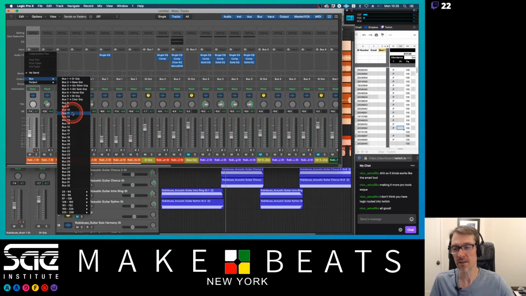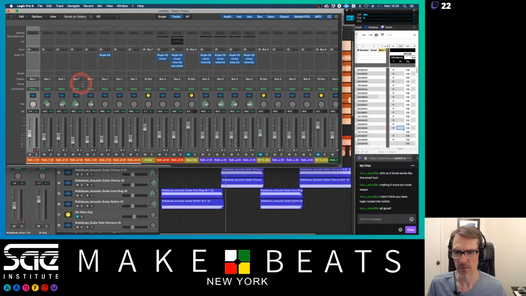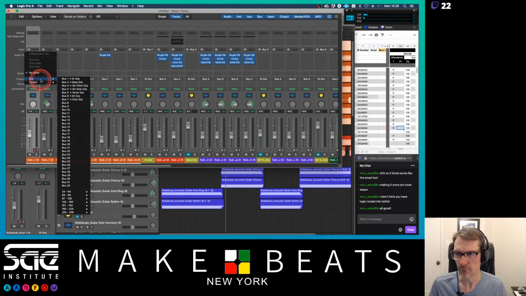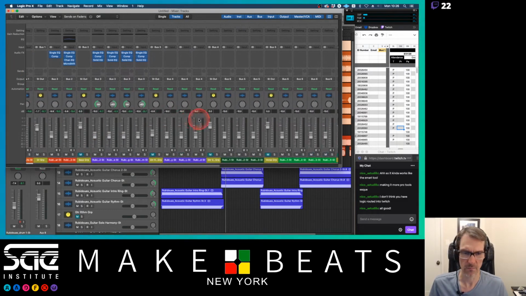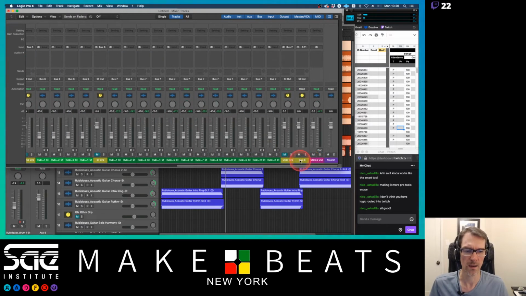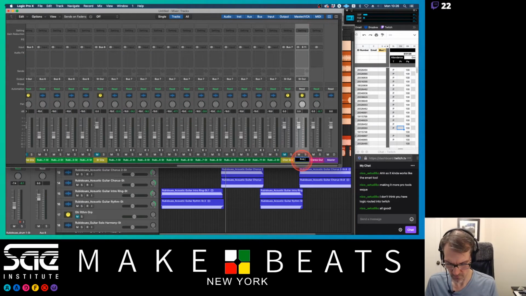You can rename these buses in here. I forget how it's done off the top of my head. There's a way to do it. I can't remember what it is right now, but in the meantime, I'm just going to do what I used to do in my old school way, which was just put these groups in groups of 10 or something like that. So bus 11 here is going to be for my send. Now, you'll notice that it created a bus 11 here, but my send is going to end up way over here again. We're going to call this one reverb drums. And actually,